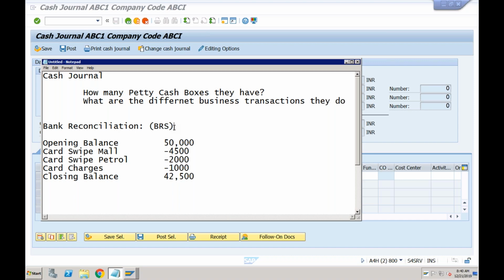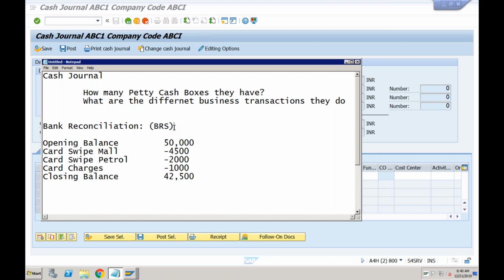And once you call the bank, they will say, okay, we will reverse these charges, this was done by mistake. Right? So that is the purpose of the bank reconciliation process. So bank reconciliation makes sure that whatever transactions you have done are valid in your bank's system or not. This is one purpose, to ask the bank to refund the charges.